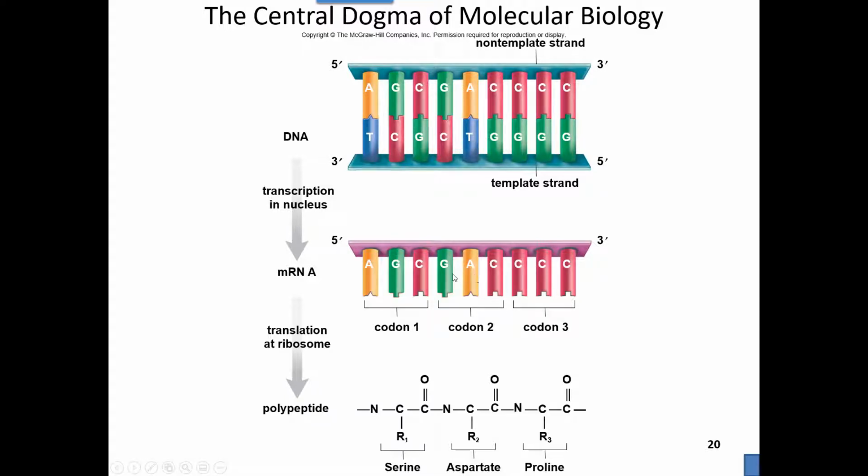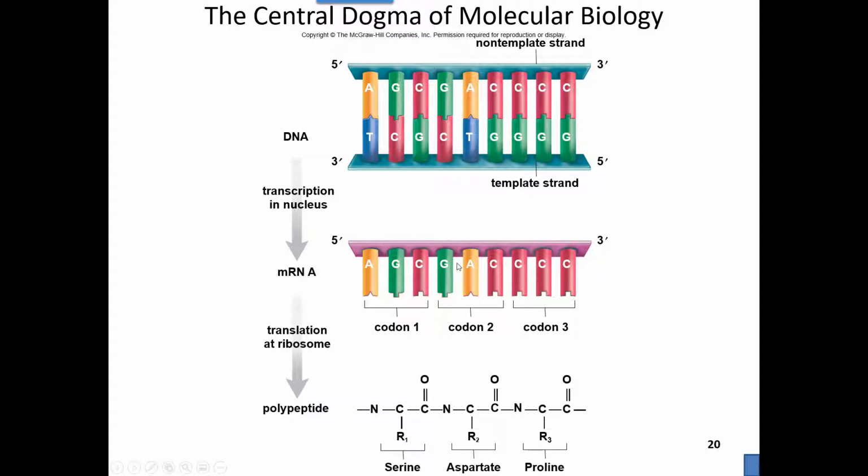And this messenger RNA can find itself a ribosome, and ribosomes are known for making proteins. And that ribosome can read that messenger RNA, and it can translate it into the correct amino acids that make a protein. And we're going to take a little bit more in-depth look at what's happening during this transcription and what's happening during this translation. But first we're going to back up just a little bit, just to talk a little bit about RNA and